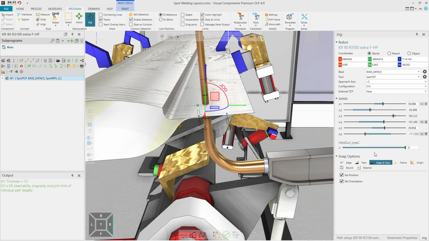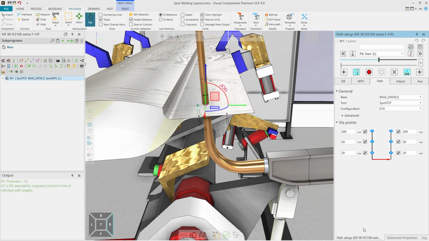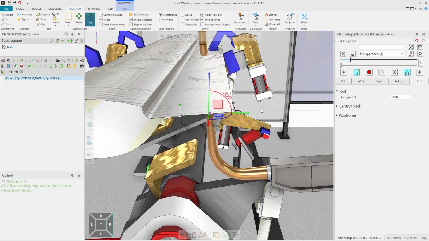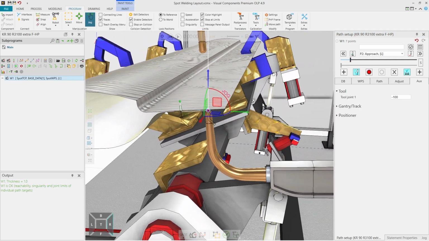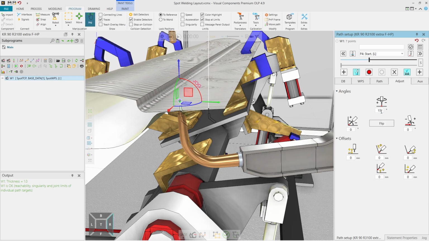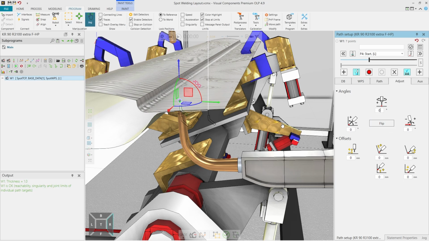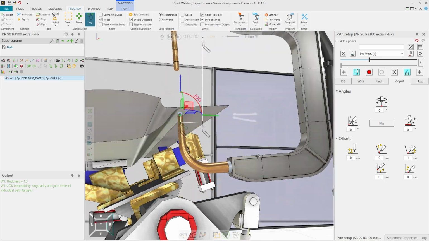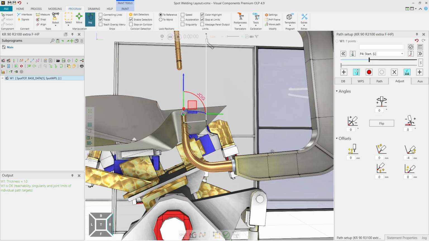We're going to go to the path setup window. To open the tool, we can apply a value inside the aux axis, so we could put -100. So then when we open and close the tool, we can get the suitable behavior out of the welding gun. Then, if we would like, we can also modify the angles for the tool, so we can twist the tool further away or in different angles if necessary, or flip the tool orientation. We can also apply various offsets on the position if necessary to reach the correct location.